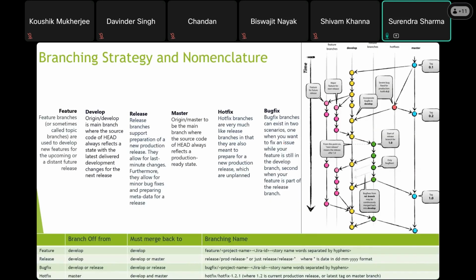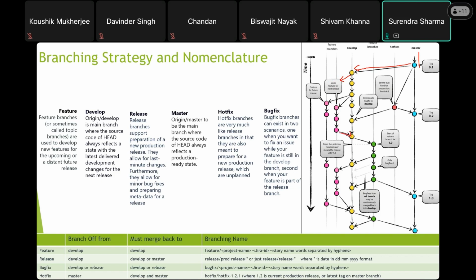Similarly, once the development cycle is started, you must define exactly what repository they are going to use and what branching strategy your team is following. For example, you can have your master branch. From the master branch, you can cut one branch and create a develop branch, and from this develop branch in every sprint, each developer will create their own feature branch. Maybe they are going to create feature one, or maybe a news module, or maybe they are creating header or footer. So they will cut a different feature branch here, and then they are going to